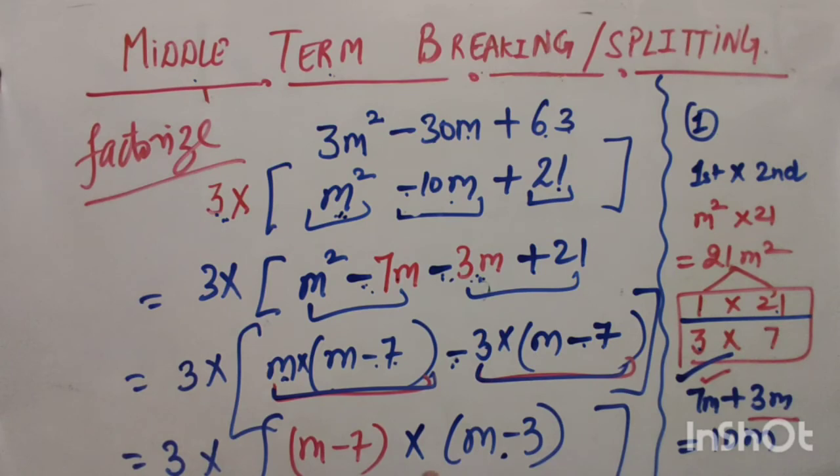So this is the way we can factorize any algebraic expression by using middle term breaking or splitting. And children, this will be the last step in the factorization process that we have already discussed, right? We have to do this in all the questions. Always we have to look into the question by following all those 5 steps. The first is C, second is R, then C, then I, and then M, which stands for middle term breaking. And this will be the last trick to factorize any algebraic expression.